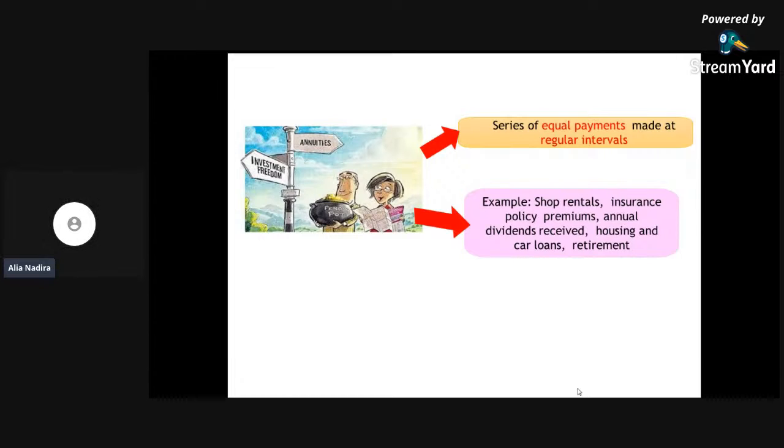Okay, it's like macam example you house rental, okay? You rent a house, so every month you kena bayar sewa, you need to pay the rent. So the rent amount tu is fixed, okay? Let's say you need to pay 1,000 ringgit every month. So this is an example of annuity lah.